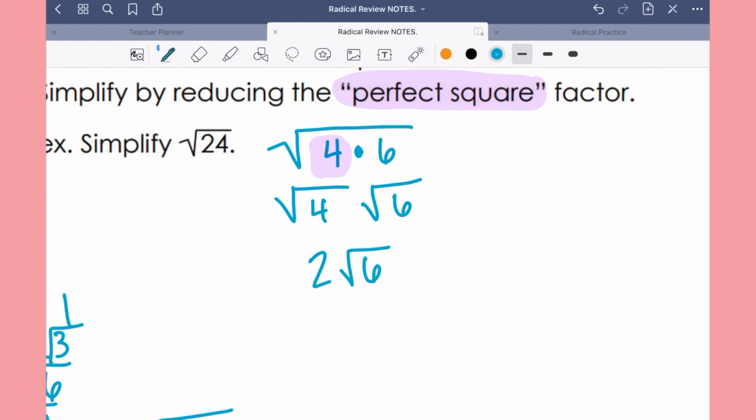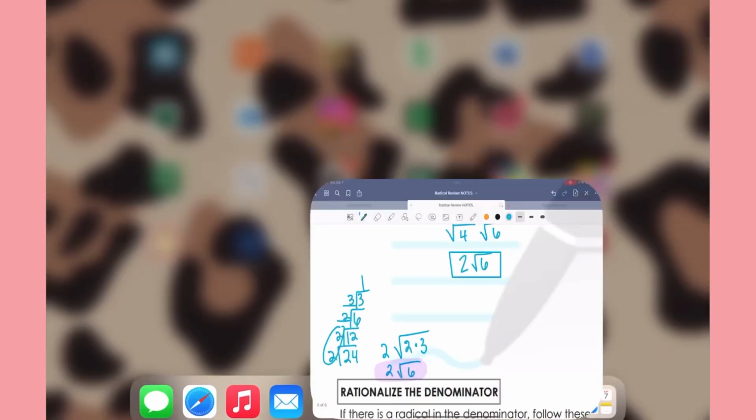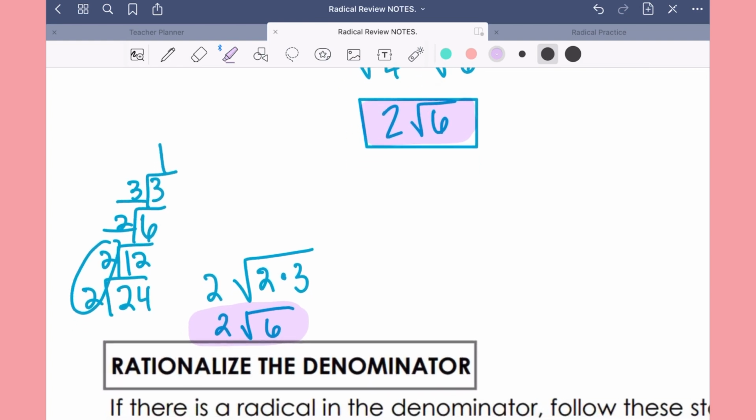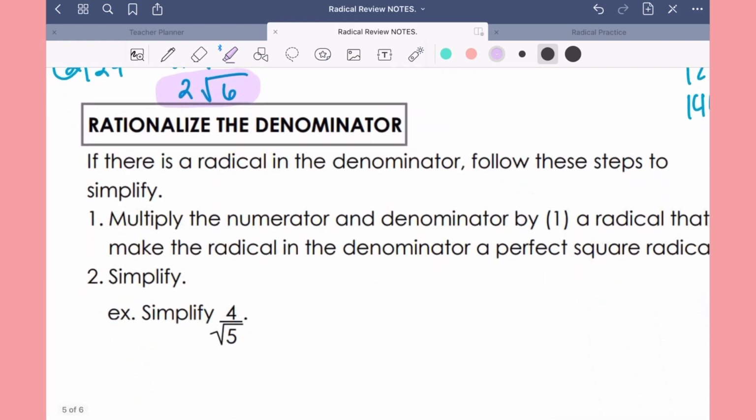And then the 6 cannot be simplified any further. It's already as simplified as we can get it. So that is our answer, final answer. And notice how we ended up with the same answer as the birthday cake if you like birthday cake. See? Right here. Okay, and that is how you simplify radicals. Now, let's move on to that